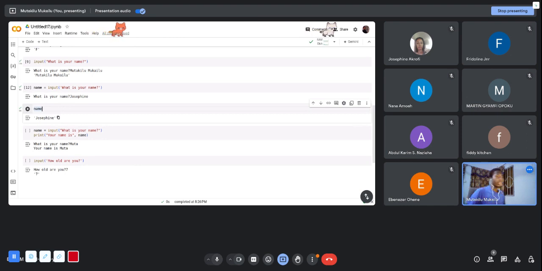And what makes this nice is that I can save this, and whenever I want to take the name the user inputted, I can just call the variable name or type where I saved it and then I can retrieve that information there. As simple as that. So a very simple demonstration is here. Now I'm saying that I want to ask the person, what is your name? And then I will save it in a variable called name. And then now I want to print your name is, but I will not put maybe Mutakilu Mukailu. But what I'm going to do is,